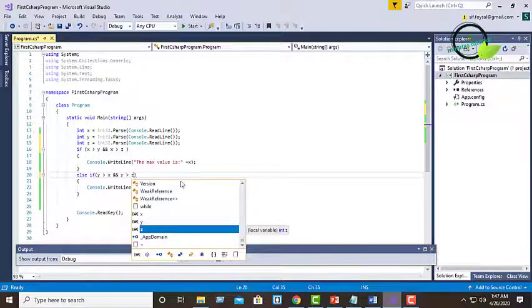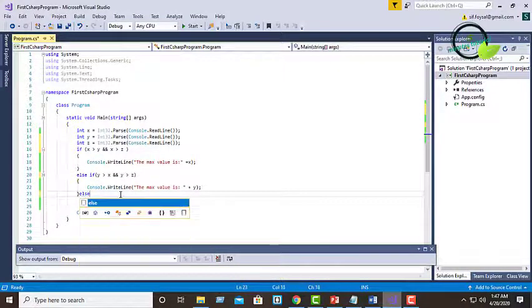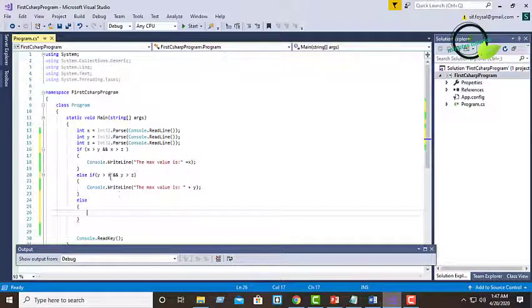So if y is greater than x and y is greater than z, then it will print the maximum value is y. And if x is not greater than y and z, then it will be false. If y is not greater than x and z, then it will also be false. Then what will print? Then it will execute the statement from else.